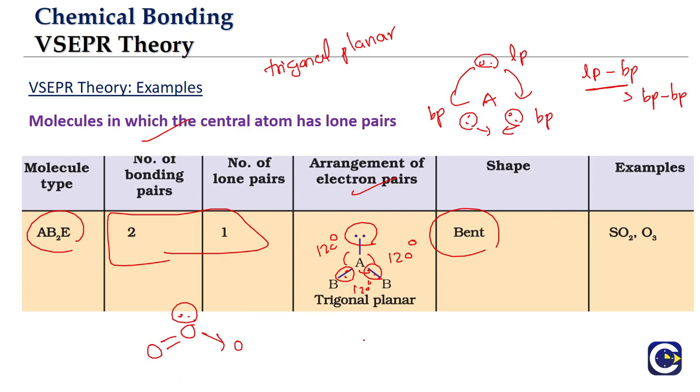See here, what you need to see is that the central oxygen has one lone pair. This is the bond pair, one bond pair with one oxygen. And here what do we have? This is another point that we discussed in the postulates of the VSEPR theory. If between two atoms there are multiple bonds, a double bond or a triple bond, we are not going to count them as separate positions. We will only count it as one.